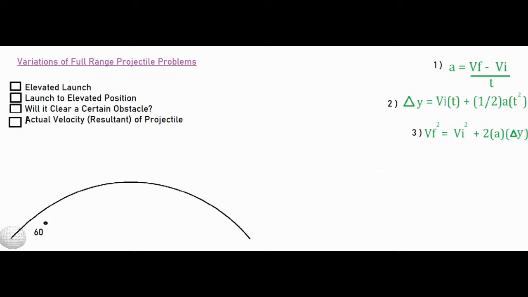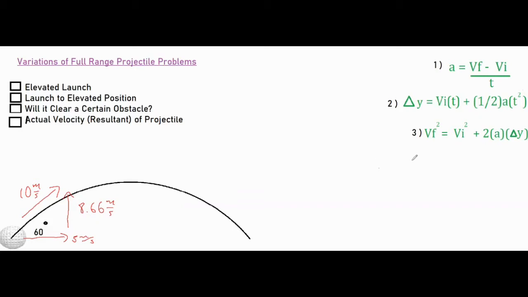So at the beginning of each of these projectile problems, a lot of them look pretty similar. You'll have a starting velocity, you'll be given an angle, you typically use cosine for the x component, and then you're going to use the sine function for the y component. And if you were to do those steps, you would get 8.66 meters per second for the y component, and then 5 meters per second for the x component. Now, just like every problem,